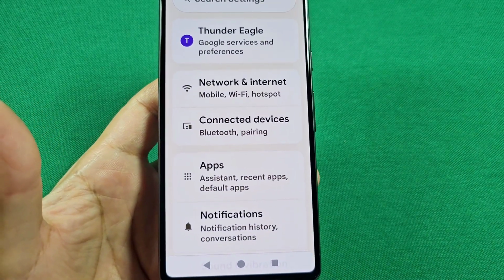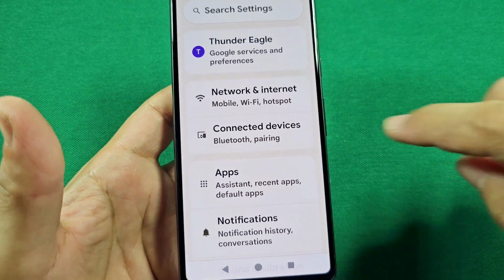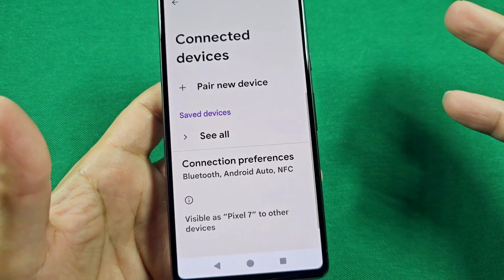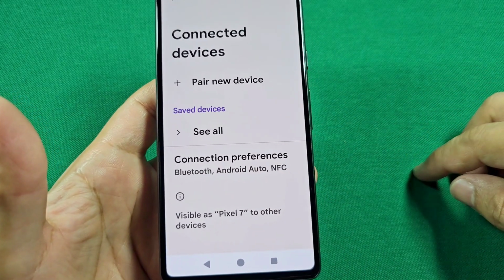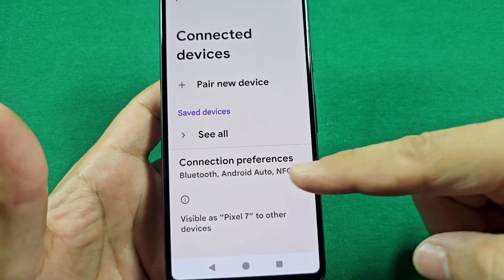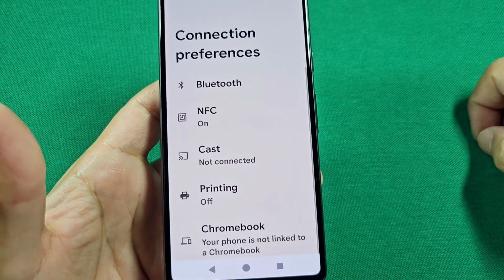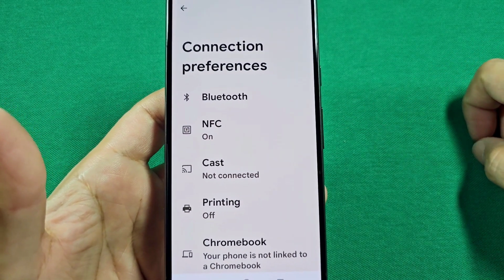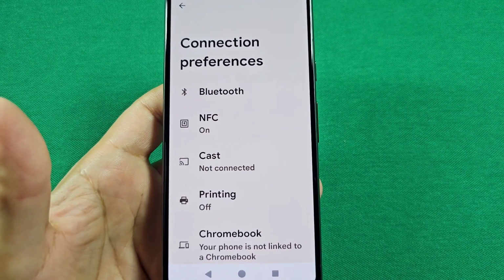Some other Android phones may say connections or more wireless connection settings. When you go there, you'll see these different options, and some of them may be within a specific category, such as connection preferences. So when you go here now, you look for it here, and you'll just tap on it, and you'll see different options. And of course, you'll see Bluetooth, NFC, cast, and not every Android phone has NFC, but to know if you